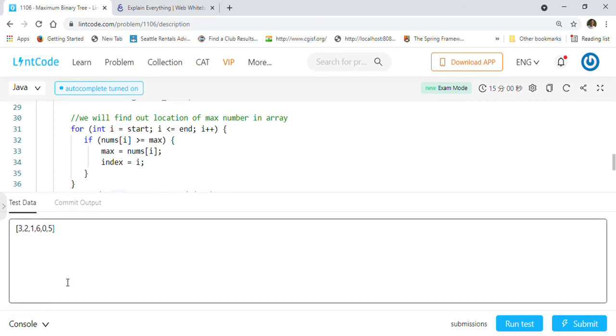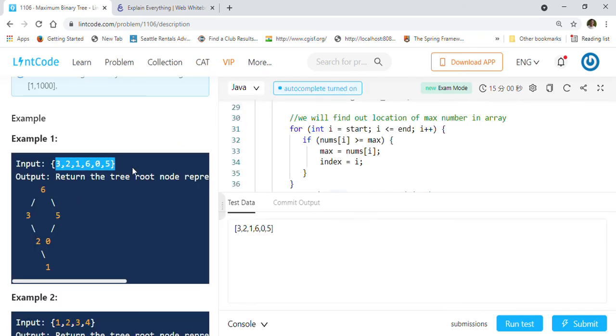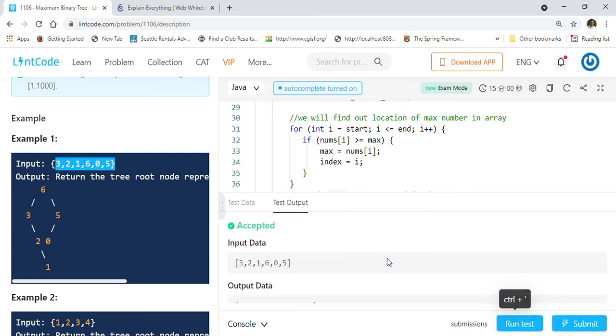So let us take the example that they have given us over here, the same example we are taking, and we are just running our unit test here. So our example got accepted. As you can see, this is how the tree looks like: 3 6 3 5, then there is nothing on the left, so it is hash, then 2 on the right, so 2, then 0, and then again there is nothing on 5's right, so it is a hash here, means null, and again for the 2 it is null here and 1.